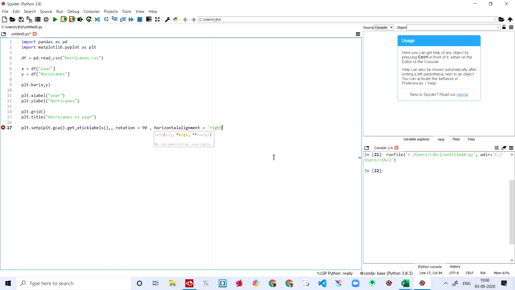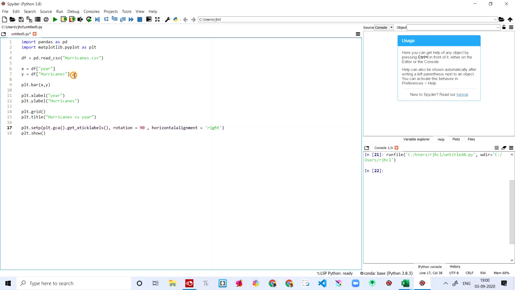I'm saying it as 'right'. And then let's come out and end this up. Then I'm coming down and saying plt.show. We're just showing the data over here. That's all. What's wrong? It's saying invalid syntax. Yeah, we put two commas over here. So the error is gone.